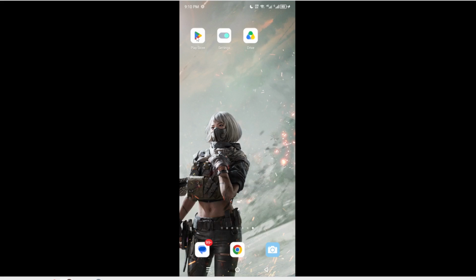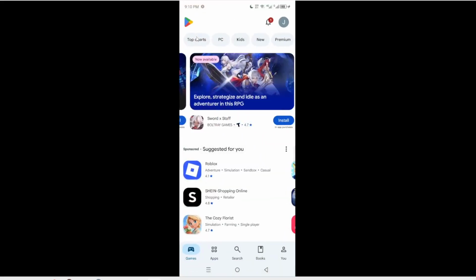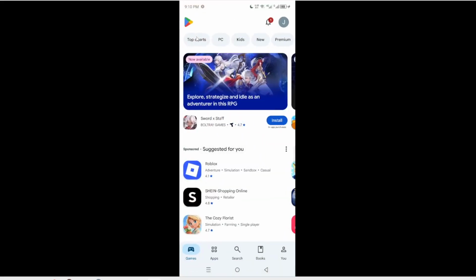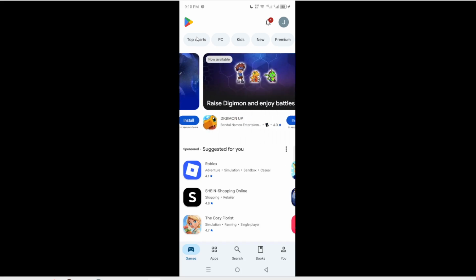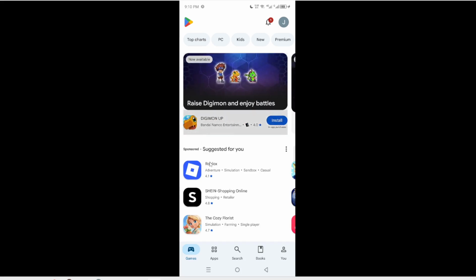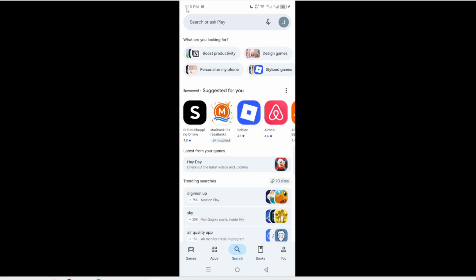Now navigate to the search bar at the top of the screen. Here, type in MyFitnessPal and hit search. You'll notice that as you type, suggestions may appear below the search bar. This feature helps you quickly find the app you're looking for. When you click the search button, you'll see a list of results. This step is important because it allows you to locate the exact app you want, ensuring you download the right one.